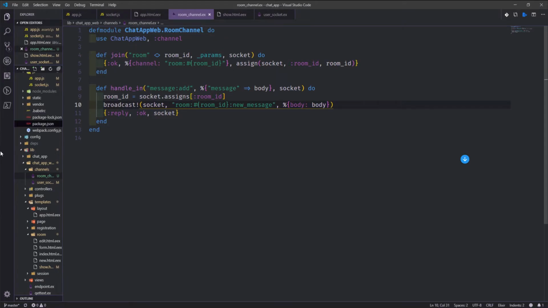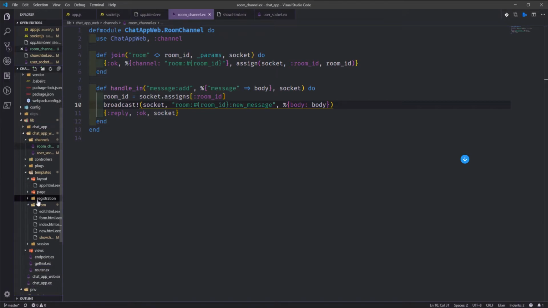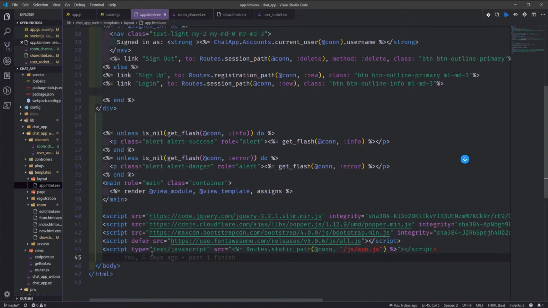So for this, we can go into our app.html.eex, create another script tag, and use this to pass yet another item to our window. Specifically, we want the user token variable to be populated with something. And we'll use some embedded Elixir for this. And we're going to populate it with